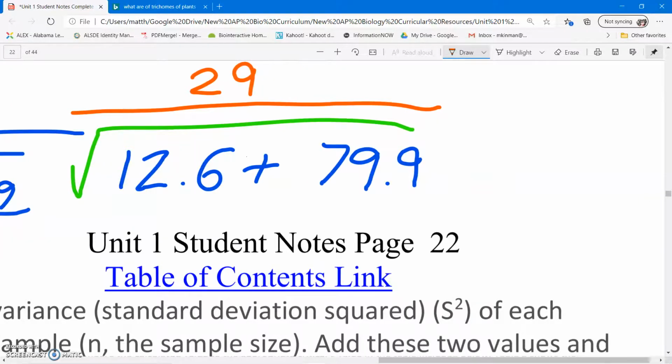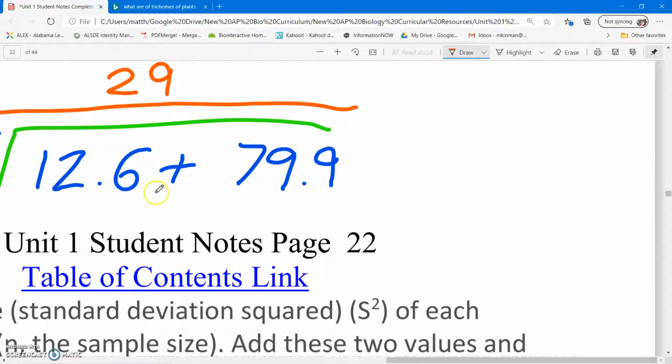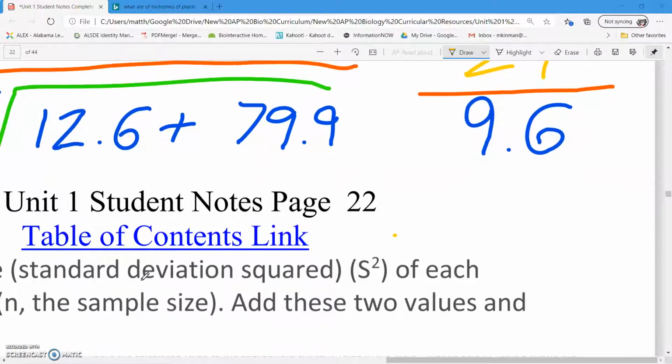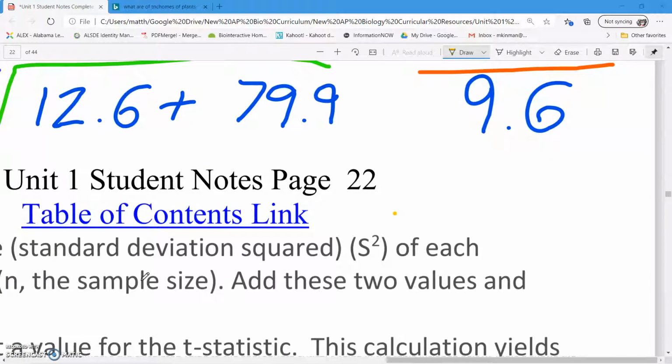Okay, and so we add 12.6 plus 79.9, and then we square root that. We get, so we end up with 29 divided by 9.6, which then finally gives us